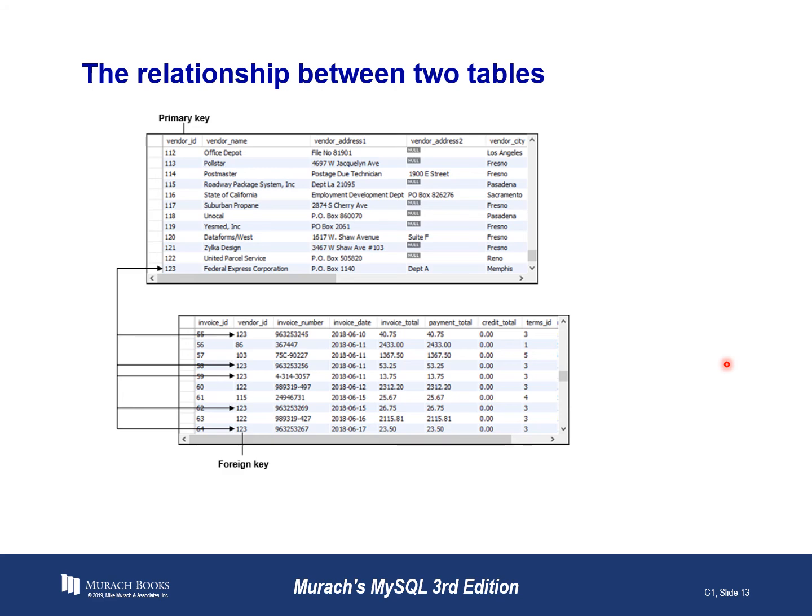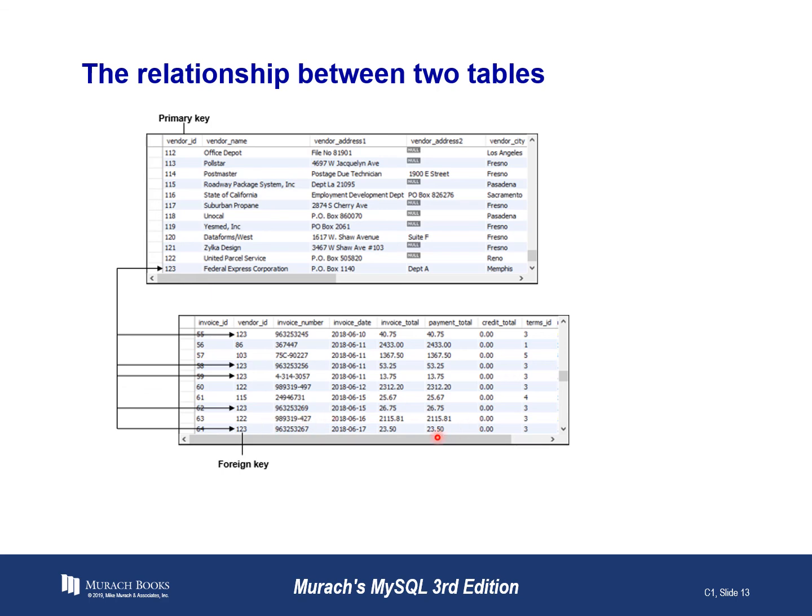For example, if you try to add a row to the invoices table with a vendor ID value that doesn't exist in the vendors table, MySQL won't add the row and will display an error. So what does that mean? Say you are trying to enter an invoice in this second table, and when you go to add the vendor ID, somebody accidentally enters the wrong vendor ID,